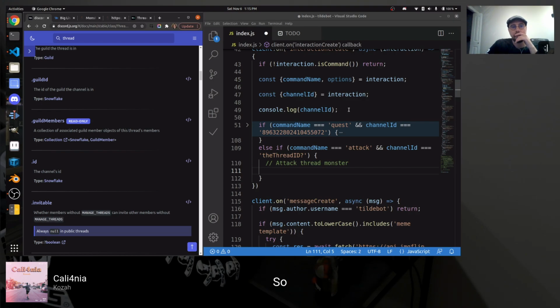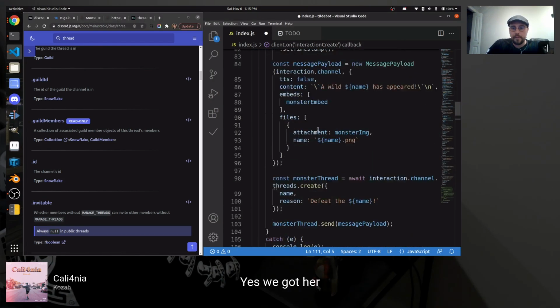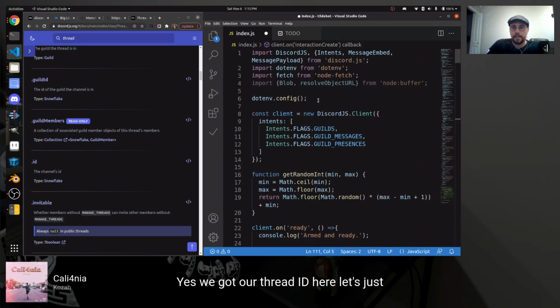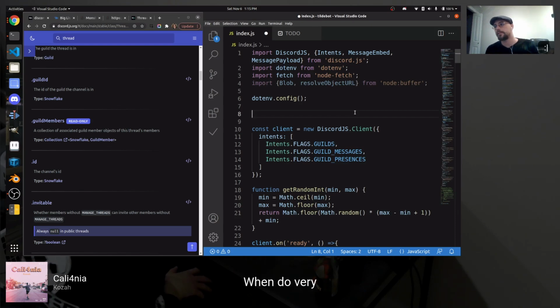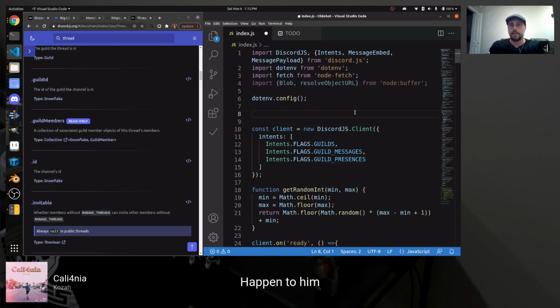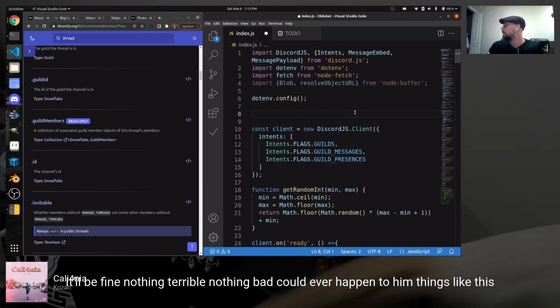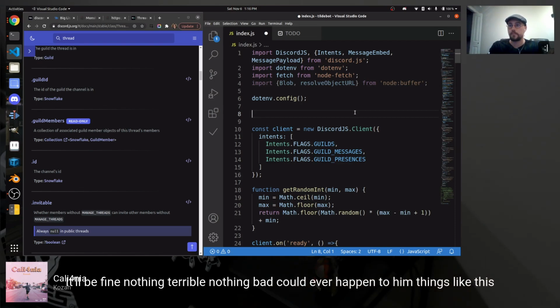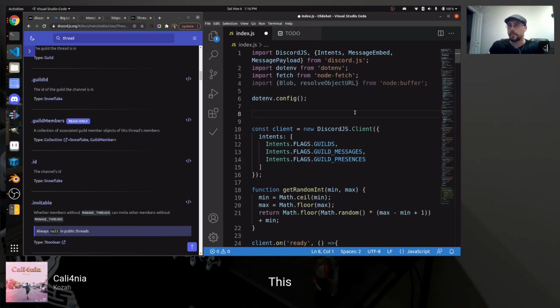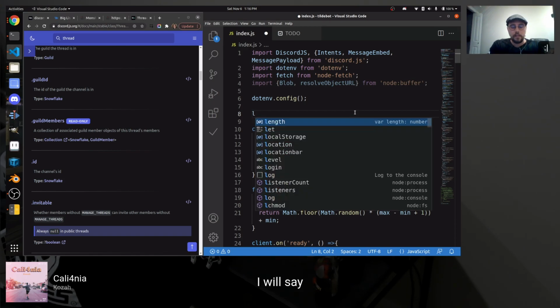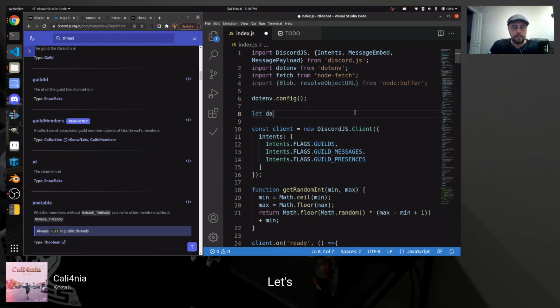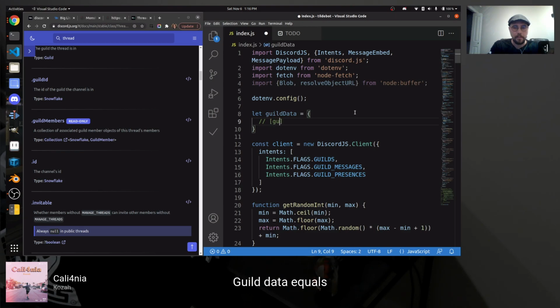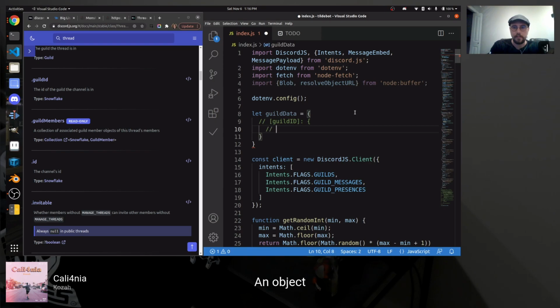So let's see. We've got our thread ID here. For now, I'm just going to persist the state in like a terrible window variable. It'll be fine. Nothing terrible, nothing bad could ever happen doing things like this. Yeah, nothing bad could ever come of this. This will be fine. So we'll say let data store equals, or we'll call it guild data equals guild ID. And then we'll make it an object. We'll make a property called